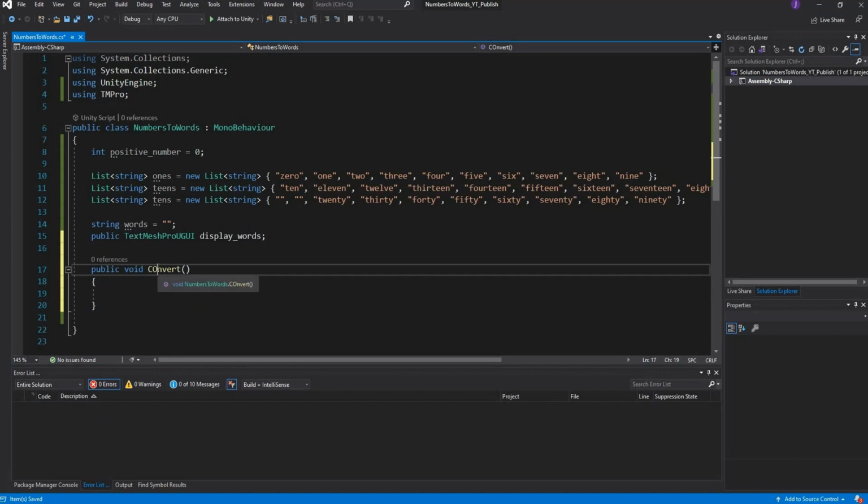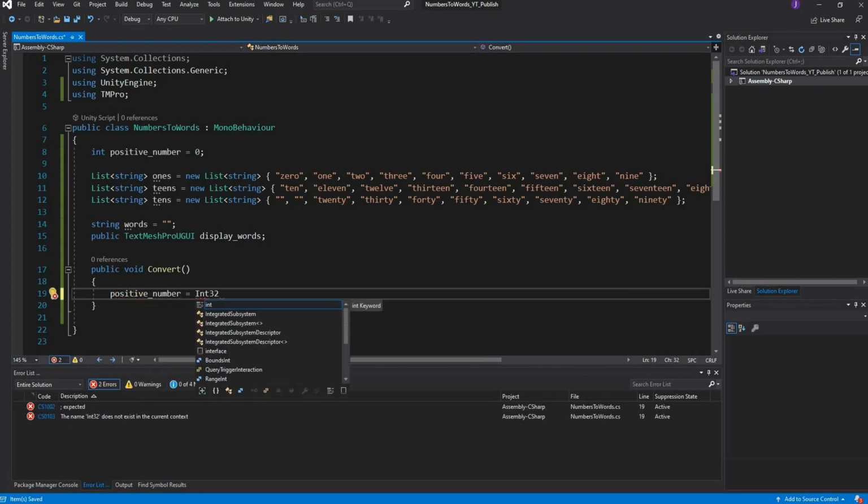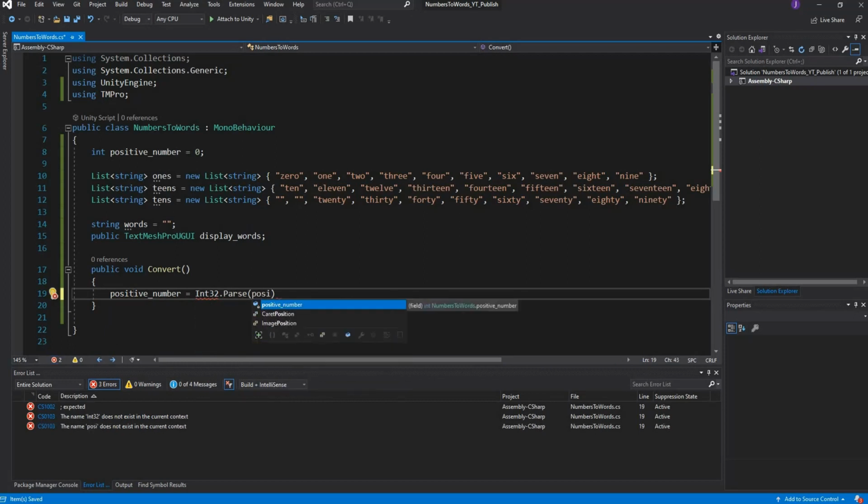Let's just bring that down to lowercase. Awesome. So the first thing we want to do is obviously get that number that the user enters. It's going to be of type string when it comes in, but we want to convert that to an integer. So we can say positive number is equal to int32 dot parse, and we want to pass in the positive